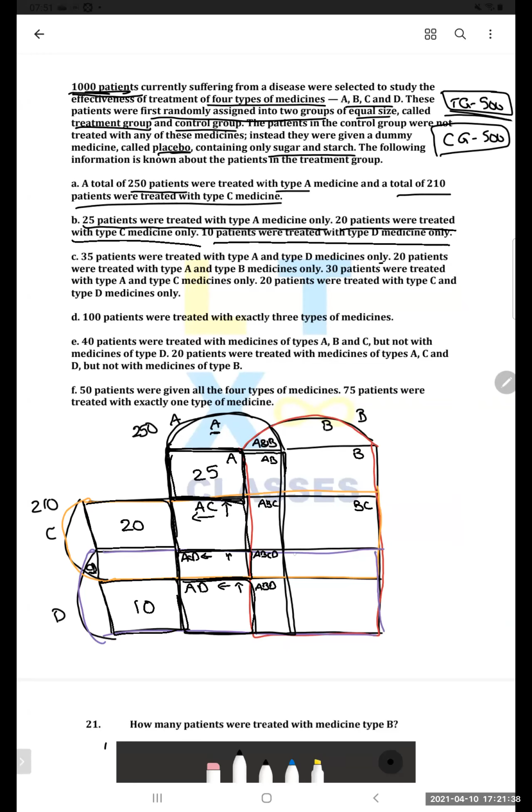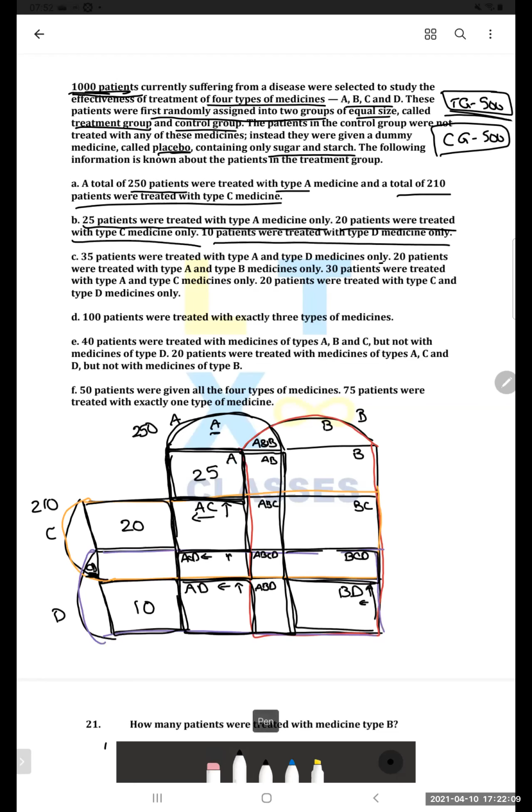Can somebody tell me what this box should represent? BCD. B and D. B and D or BCD? So B and D, sir. What about this box then? This box is B and D, right? Because you have B on the top and D on the left. But here, if you see to the left, what is it that you have? Okay. CD. So this is BCD, correct?